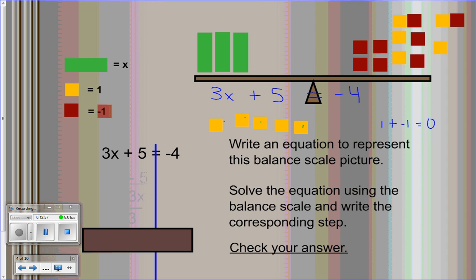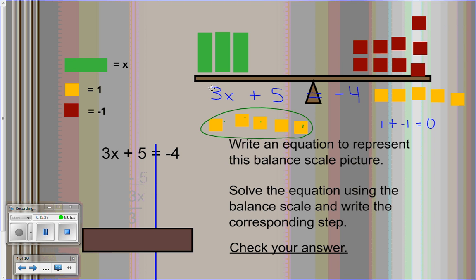So I have 5 zeros. Now can I take away 5 positive ones, just like I did on the left side? I'm going to do the same thing to the right side. Now there's no way to show this when you solve the equation algebraically, that you put up zeros and you're taking some off, but you can see how it works with the picture. And then I just look to see what do I have left